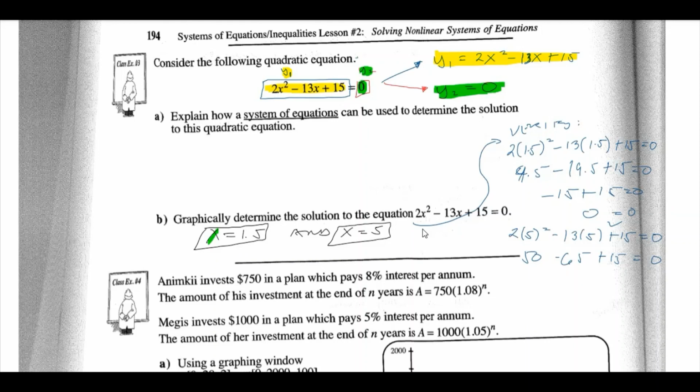So 50 minus 65 is negative 15, plus 15 is equal to 0. So 0 is equal to 0. Therefore, 5 is a solution. So again, that's how you verify your solution. So let's